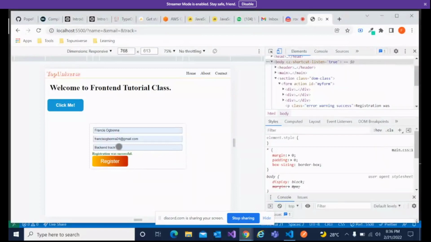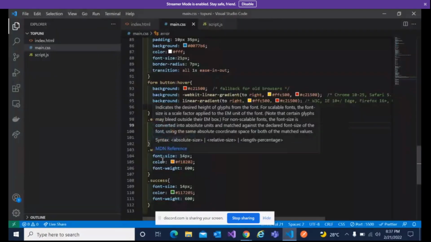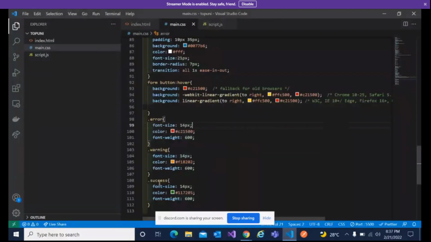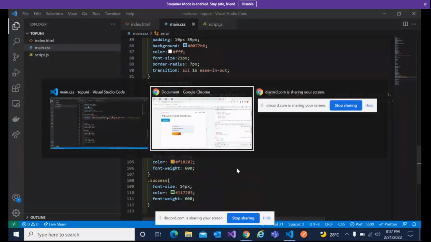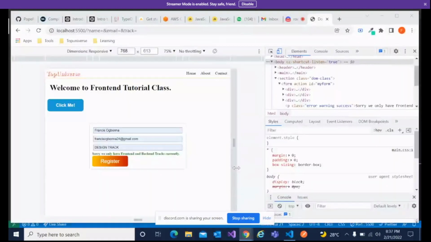So let me just make this give us error. So with this here now, you see that it added the warning, but it retained the class property of success. The reason being that success is the last in these CSS properties I listed here. So for us not to be having this, the only solution we are going to do,